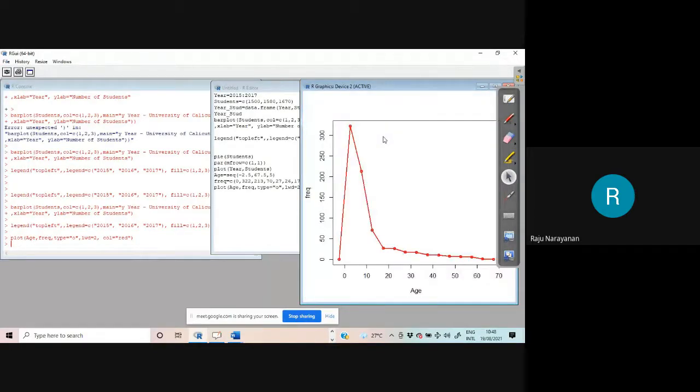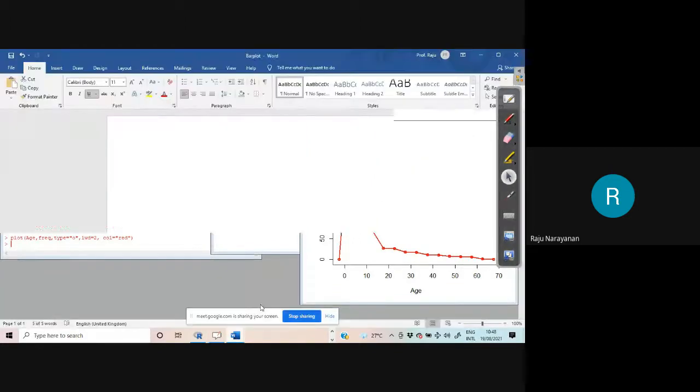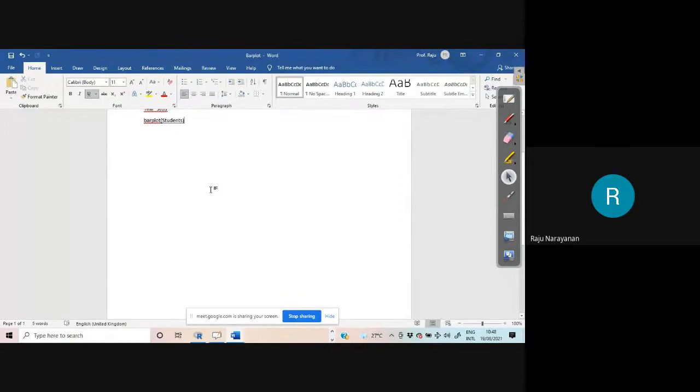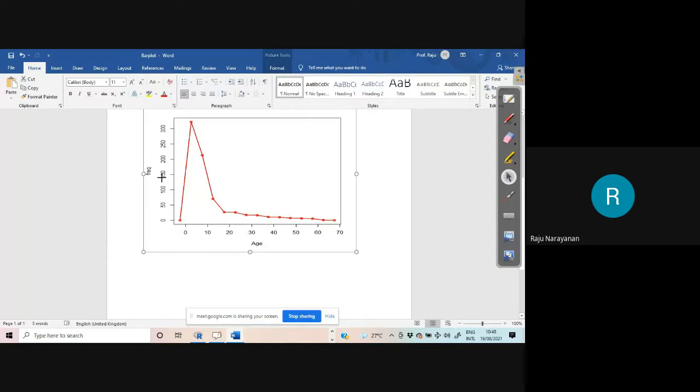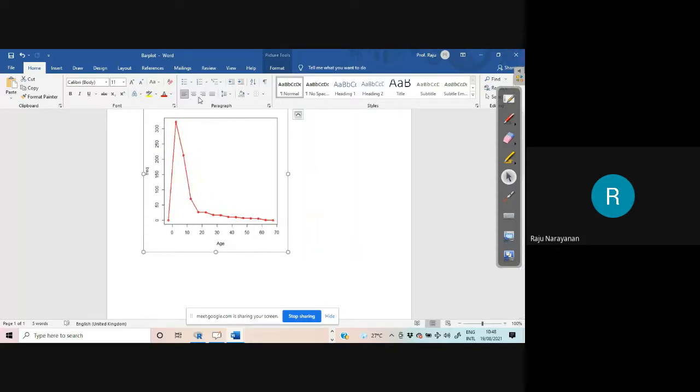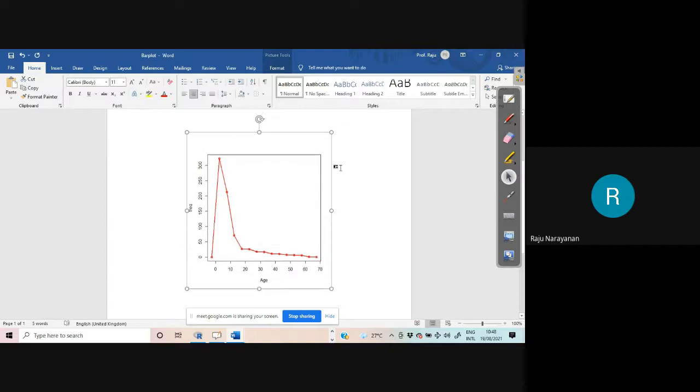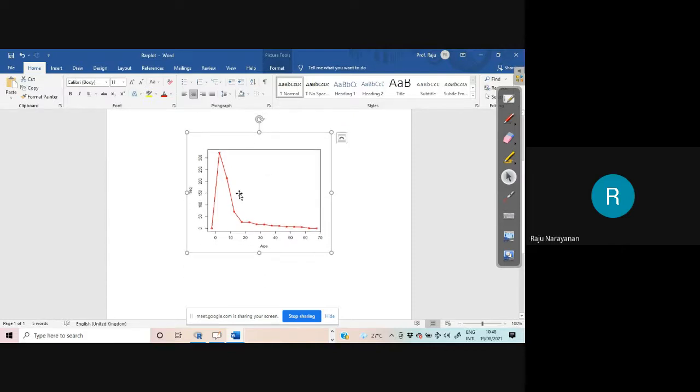One technique is this: right click, copy as metafile, copy as bitmap, save as metafile, save as PostScript, etc. Let me take copy as bitmap. I don't know what the difference between these is; you may know better. Then right click, paste. It comes into your document, and here you can adjust it, middle or anywhere.